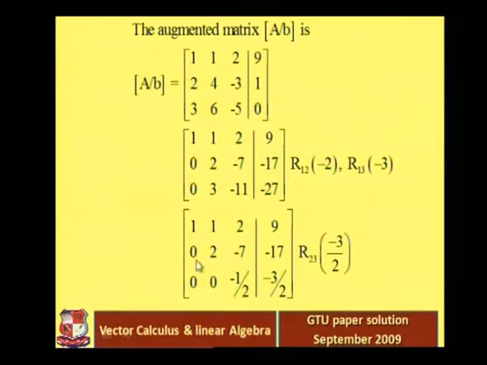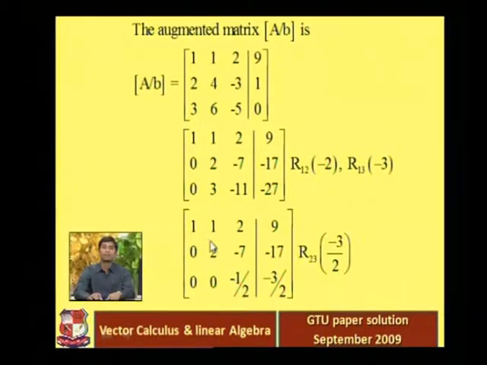Now this is our leading entry. Below that leading entry we already have 0. This is our leading entry. Below that leading entry we have 0, and this is the leading entry of the third row, right? So now you can see this matrix is in row echelon form, right? Because it satisfies all three conditions. There is no zero row, right? The leading entry goes from left to right, and below each leading entry all the elements are 0. So this matrix is in row echelon form, and now we can easily solve the system of linear equations.